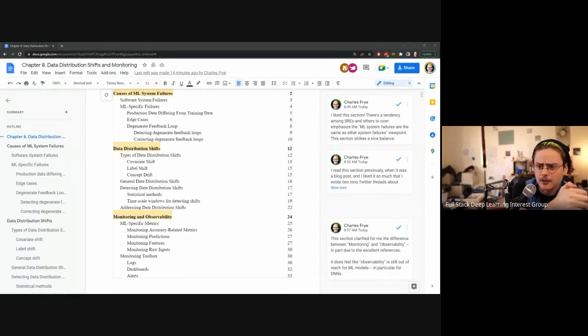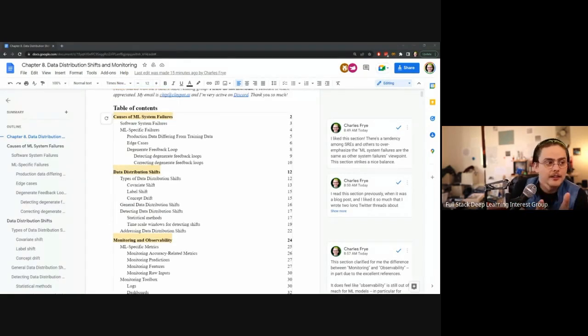The final section then addresses how you actually get the information needed to know whether your model has failed and potentially what the cause is and how to fix it. So that's this final section on monitoring and observability, where monitoring means just getting information out of a system, and observability means monitoring a system well enough that you can fix it without having to take it out of production and recreate it. So there are some neat connections to control theory that are mentioned in that section, which is fun if you have that kind of background in your machine learning.